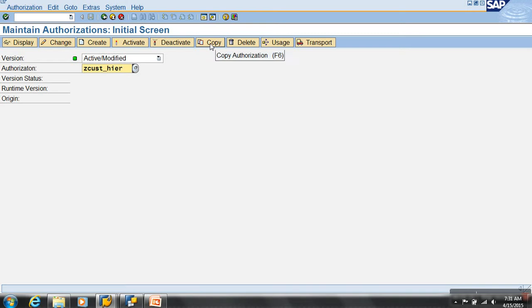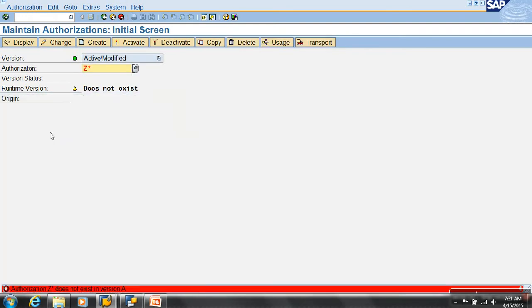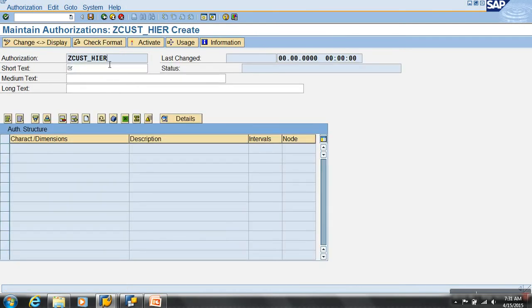So can I copy? Does not exist. Give a name, then I say create, give a description, add.